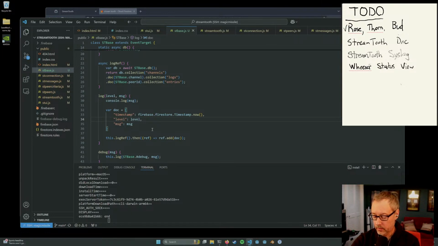Ah, jeez Louise. All right. I do this so that I can get things in the order I want. I mean, I guess if I do... Because I don't want timestamp at the end.